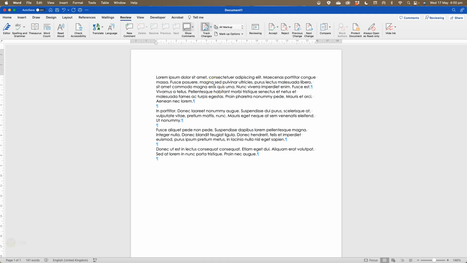In this instance, it's not going to matter because it is just me, but you might be working with a team or with subcontractors or with clients that you're going to send it to. And then we have some options in terms of how we see the markup. So this is the display for review, and you can see it as all markup, no markup, simple or original. So original is just going to be, this is what we had. No markup is never going to show any changes. All will show everything, which includes your comments and your actual edits to the text. And then simple will just show you